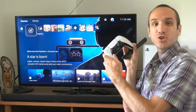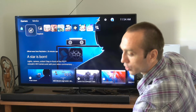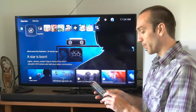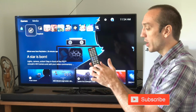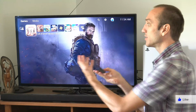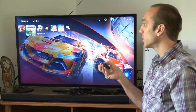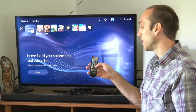So do you want to ditch your PlayStation 5 controller when you're watching a movie or doing some other activity on your PlayStation? Well, this is very easy to do. On my TV remote, I have a D-pad right in the middle. If I press right on the D-pad, as you can see, the PlayStation 5 menus are now moving. So let's go over to the capture gallery or the media gallery